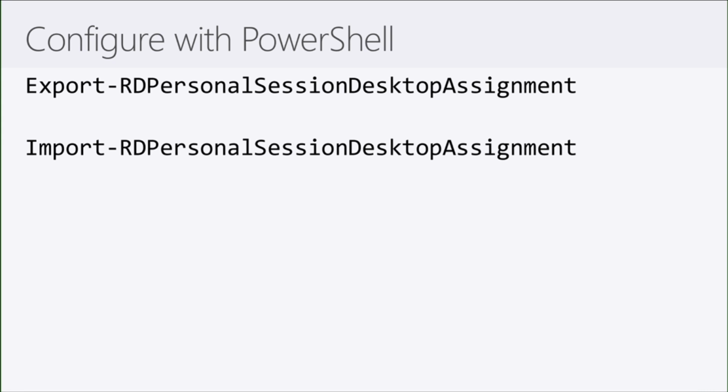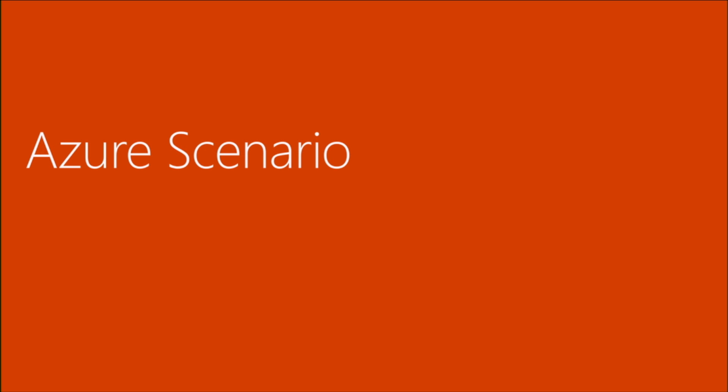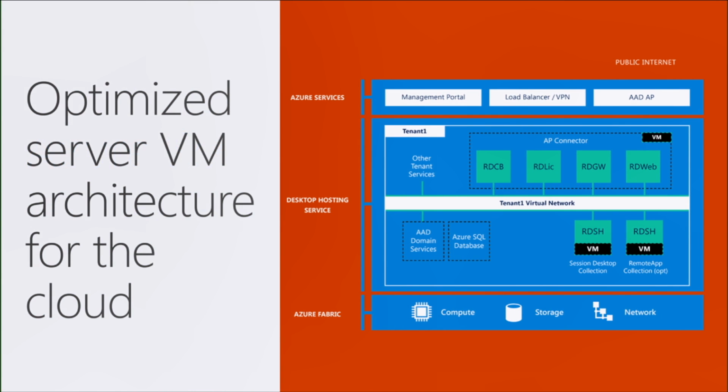You can also export and import these things, probably if you want to rebuild your full infrastructure, maybe with, I don't know, Server 2019 or so. You can export all the assignments and later import all the assignments. Or if you run a test environment, you can bring it to a production environment. So this input and output is also suitable. So how does it look in Azure actually? We have an